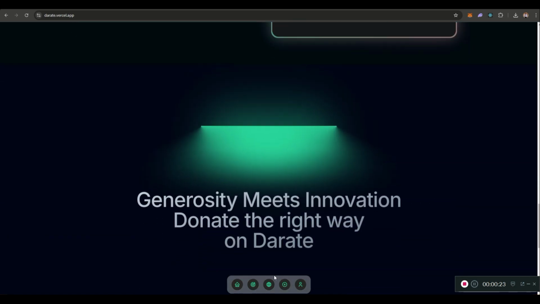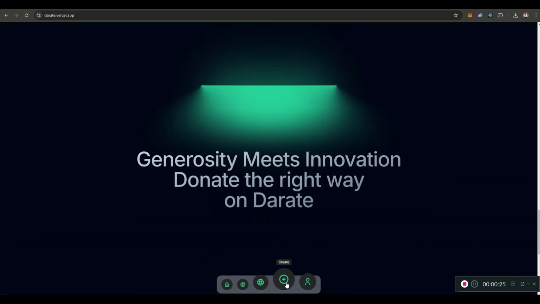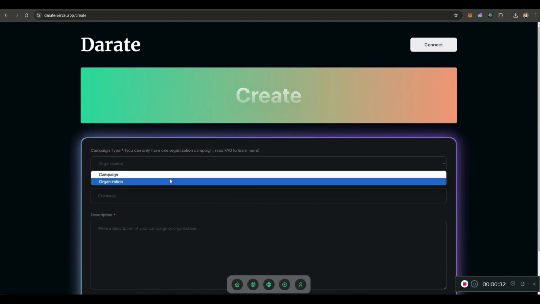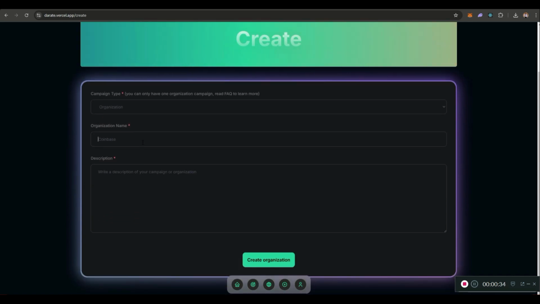And yeah, so first things first, we want to create either a campaign or an organization. So I'll first show how to create an organization. So we're going to create the first organization, and which other organization to create than our own organization. That's Darate, and we can just give it a description of